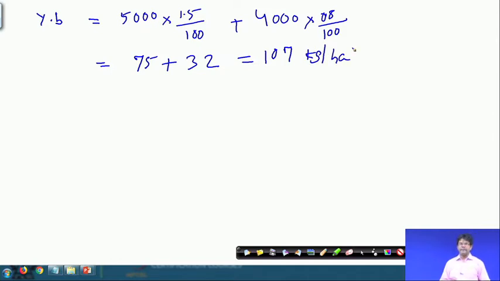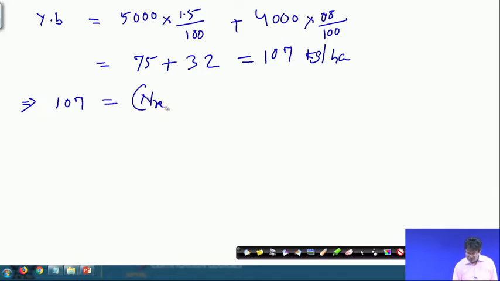So, this much is the demand to meet the yield of 5 ton per hectare as grain yield and 4 ton per hectare as straw yield, with grain nutrient content 1.5% and straw nutrient content 0.8%. In that case, your nutrient demand is 107 kg per hectare. And if you see the right hand side, that should be met. So, 107 is equal to